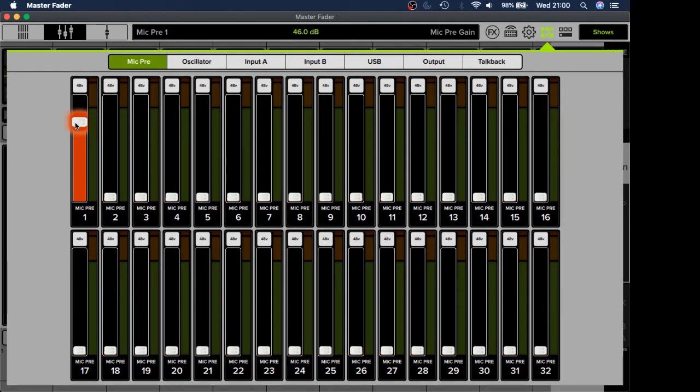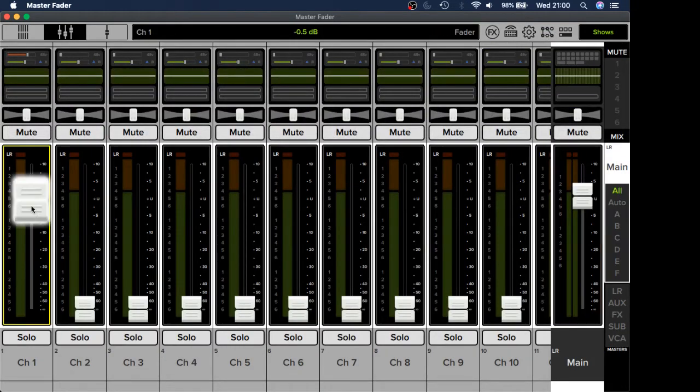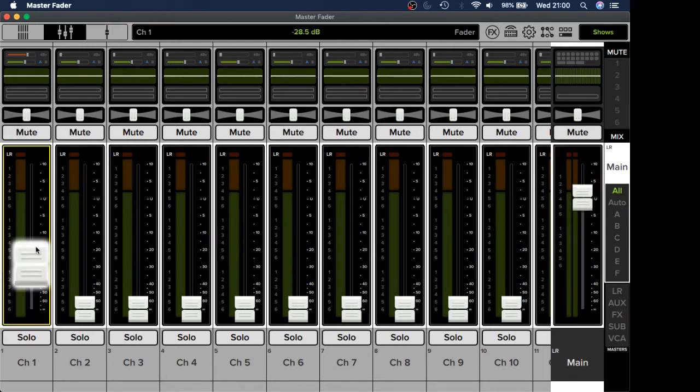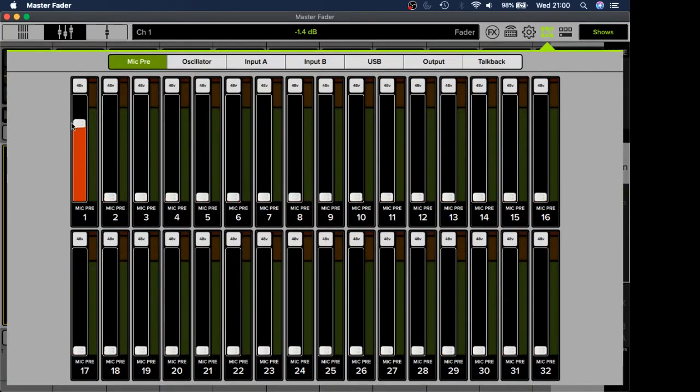It's going to be too loud, too powerful, and moving the fader down, you'll end up having a situation where, to lower the volume, you'll have this fader so close to the bottom and you'll only be able to make minute changes, and it'll mean you'll also have to bring down this because it's too loud, and then you can't really control anything when it's like this. But if you have it set to start off with at unity gain, and then you come here and set your gain level correctly, what will then happen is